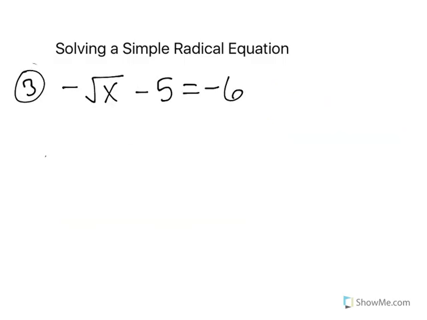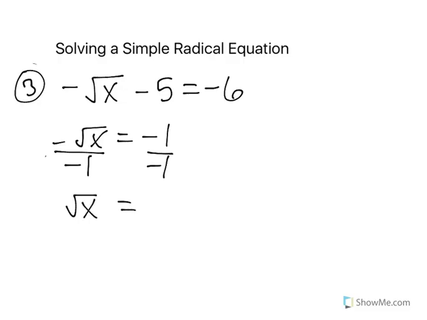So here is example 3. Negative square root of x minus 5 equals negative 6. Pause the video and give it a shot on your own. So here you want to add 5 to both sides. And then we still need to isolate the square root of x, but we have this negative in front, so we have to divide both sides by -1. That leaves us with square root of x equals 1,